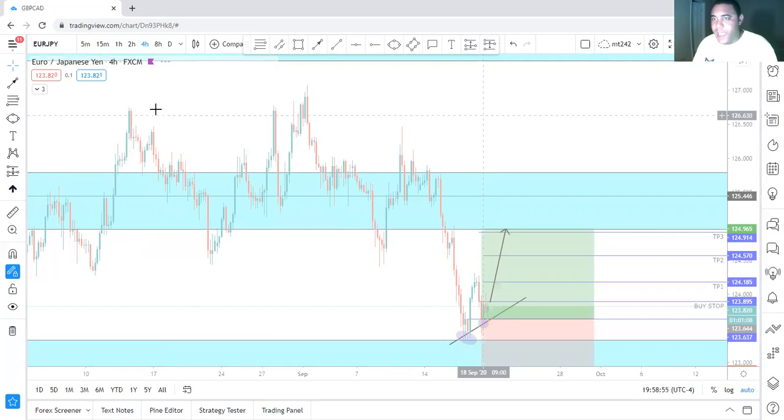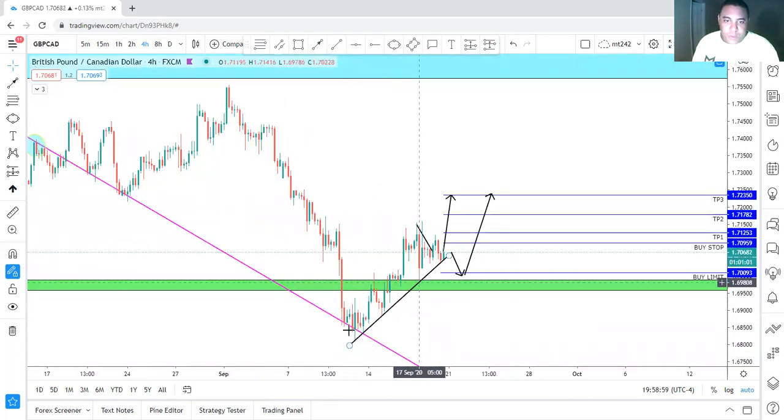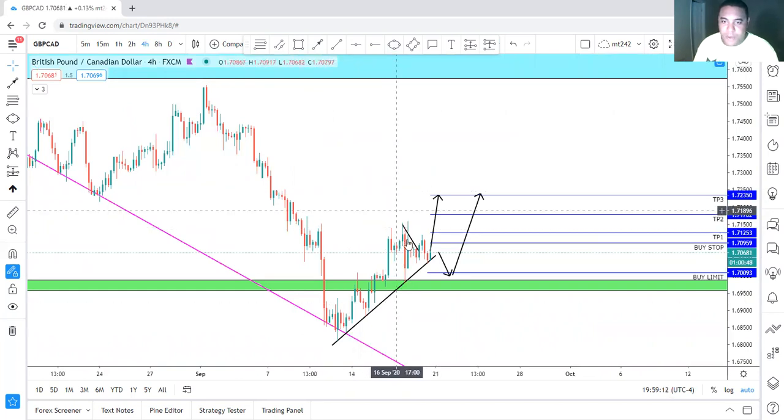We got GCAD, we have a few touches on this trend line. 1, 2, 3. 3 is enough. We see the price playing around it here. I want to see how price closes in the next hour, but I do have a buy stop because price has been making this upward move, and in this pullback here, price is back on the trend line. Just in case the market comes and leaves a wick to give us more confirmation, I have a buy limit